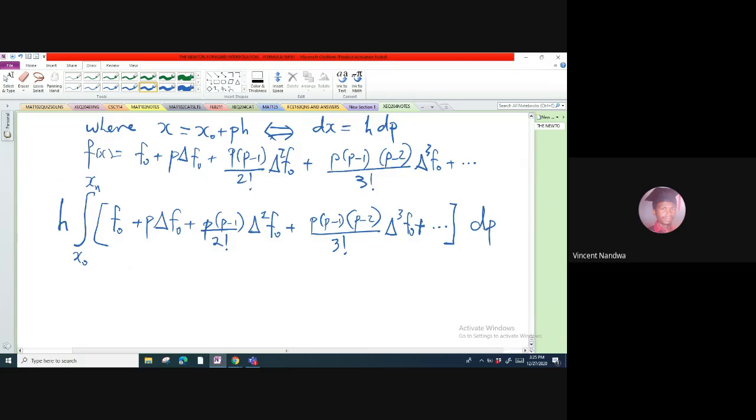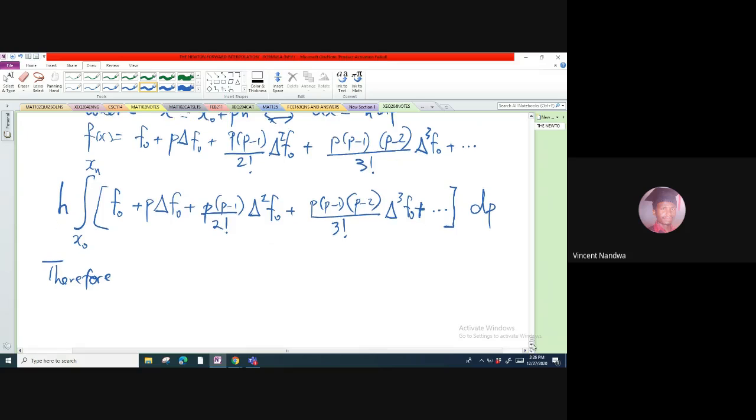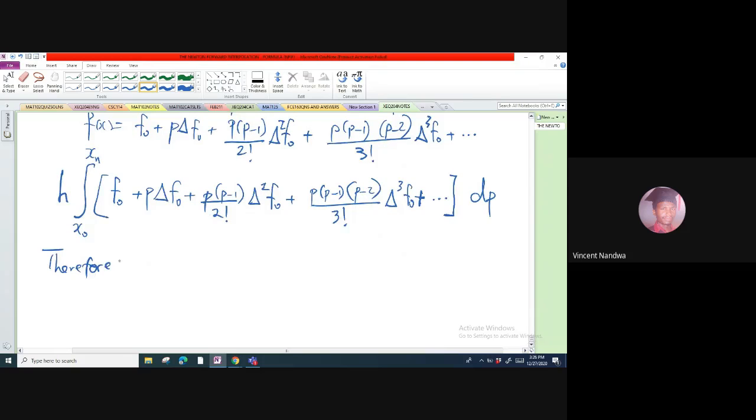So I have changed the integral from being with respect to x to being with respect to p from this relation here. And then you say, therefore, on simplifying, we have